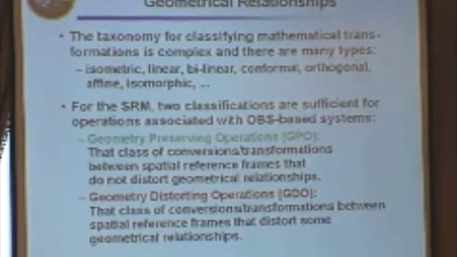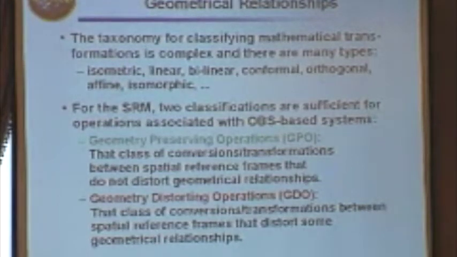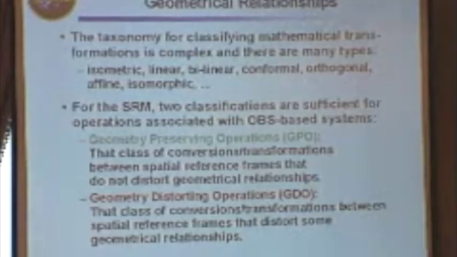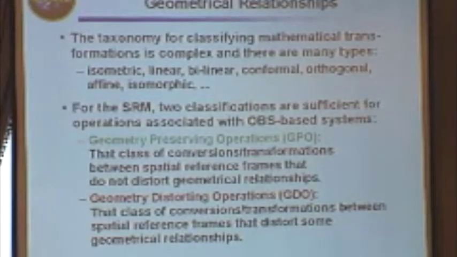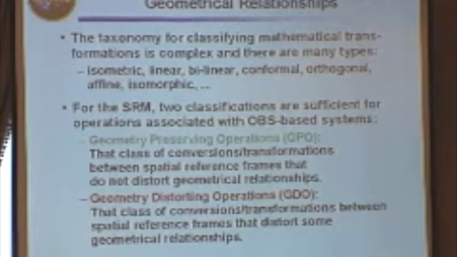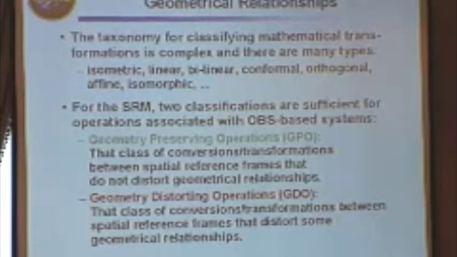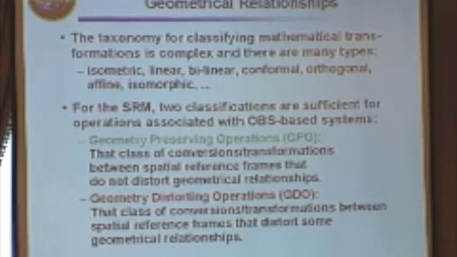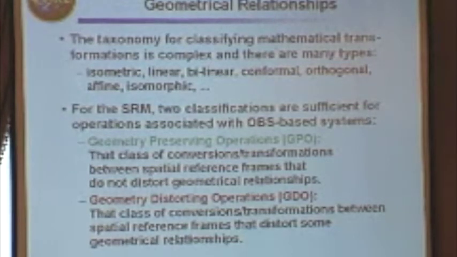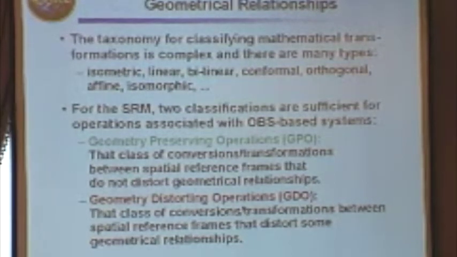Now, we had a little problem in trying to sort out. You heard me use the word real-world coordinate system. Well, what does that mean? Doesn't mean anything. They're trying to sort out what does it mean to say that some of these transformations or conversions rather are no good, that they distort. And trying to put a taxonomy together that puts us in two classes, those that distort and those that don't distort. Well, if you go look in math books, you'll find all kinds of stuff like isometric, linear, bilinear, just tons of names of things that represent mathematical transformation. Too much for us. So we came up with this idea.